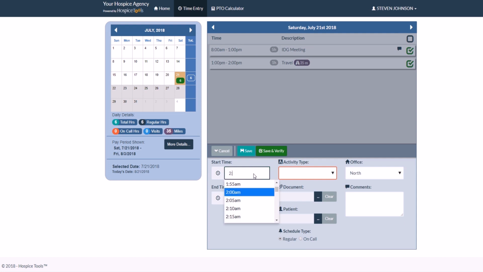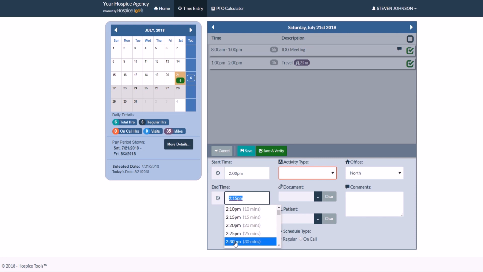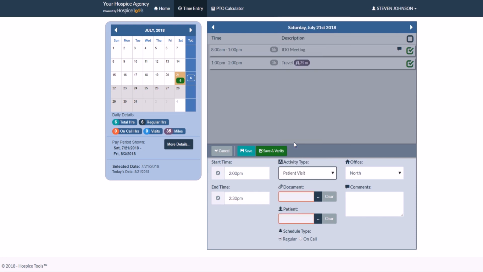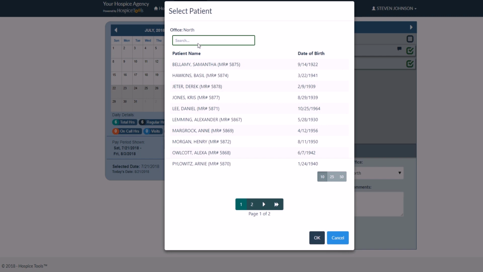Our start time in this case is going to be 2 p.m., and we're going to say it lasted until 2:30. The activity type in this case is going to be a patient visit. It's highlighted in red because it's a required field. Because it's a patient visit, the system automatically knows that there has to be a patient and a document associated with this activity. We're going to select our patient, and when you click on the icon, you see a valid